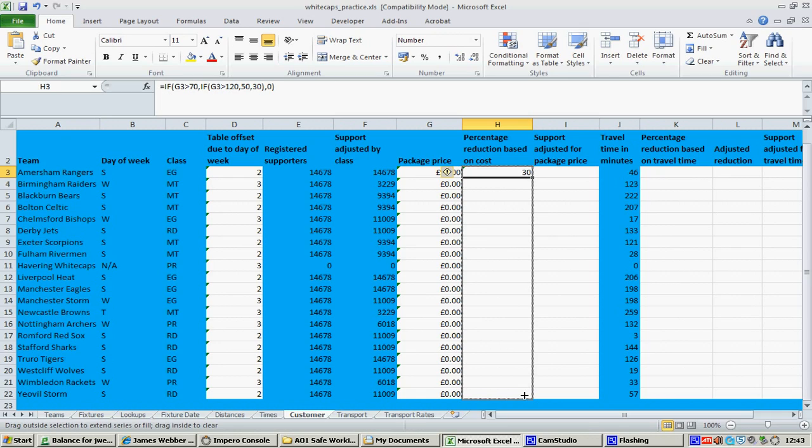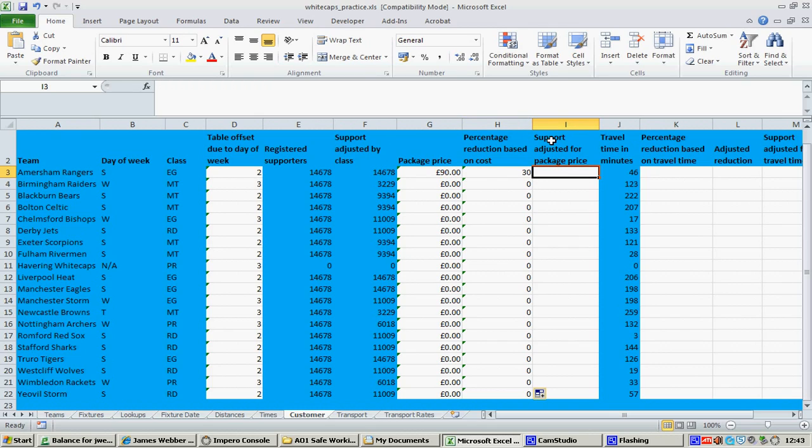So let's copy that down. Yep, those are all zeros as expected. That's how we wanted it to be. Good, so there is a 30% reduction if the package price is high. And at this point, I need to change the support, so the amount of people adjusted for the package price. So I want to say if that number